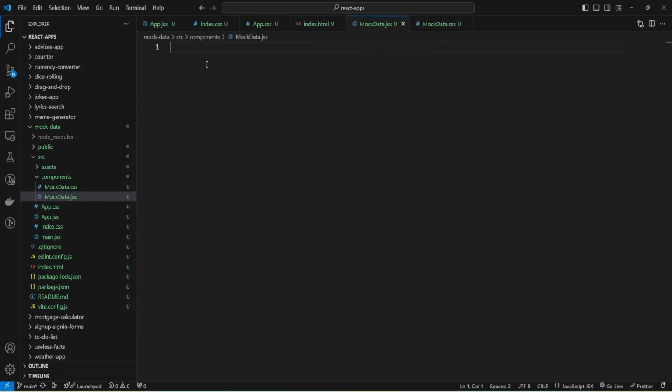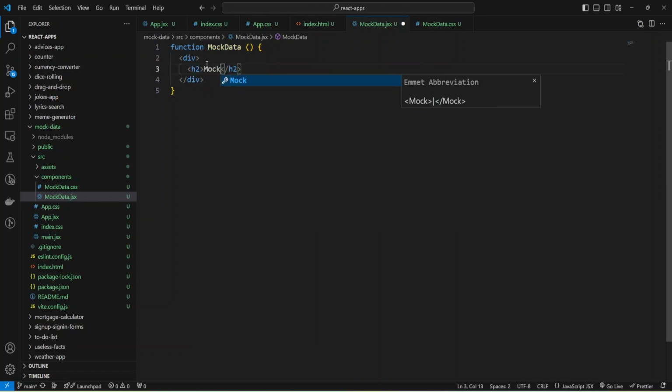Now I can create the function MockData and return some JSX. I'm going to add a div, and inside the div I'll add an h2 tag with mock data, and I need to return it as JSX.